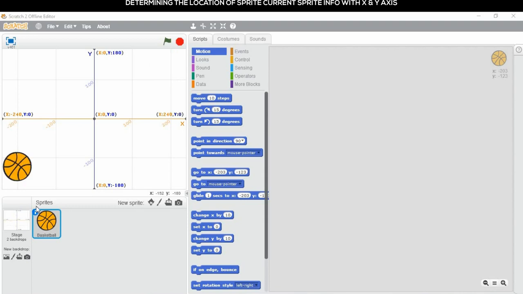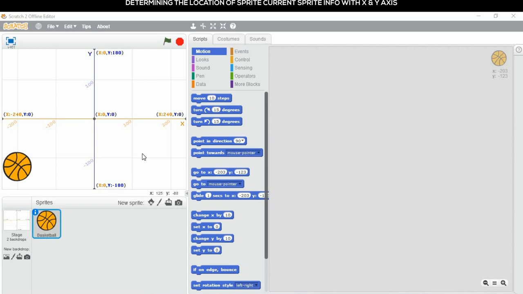Now we are going to see about a sprite address. What is meant by sprite address, children? Imagine if you are going to your friend's house, you should know the address of your friend's house. That is house number, city name, etc. So likewise, we have to identify the address of the sprite. How will you identify the sprite address? We can't just say it is here, it is there.